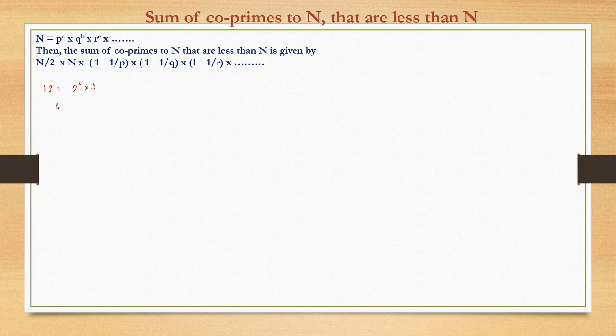So what were those numbers? We found out 1 is co-prime to 12, then 5 is co-prime, then 7 is co-prime, then 11 is co-prime. What will be the summation of all these co-prime numbers? 1 plus 5 is 6, plus 7 is 13, plus 11 is 24, right? Similarly, if